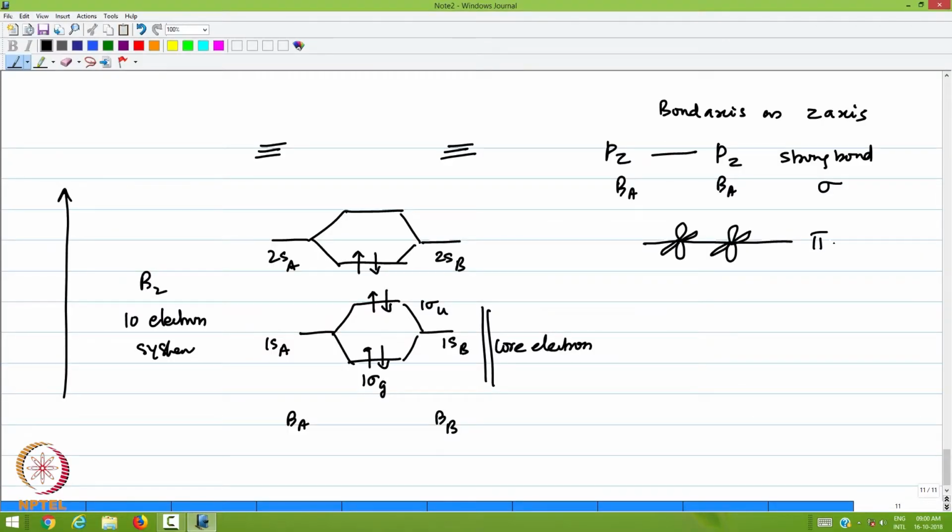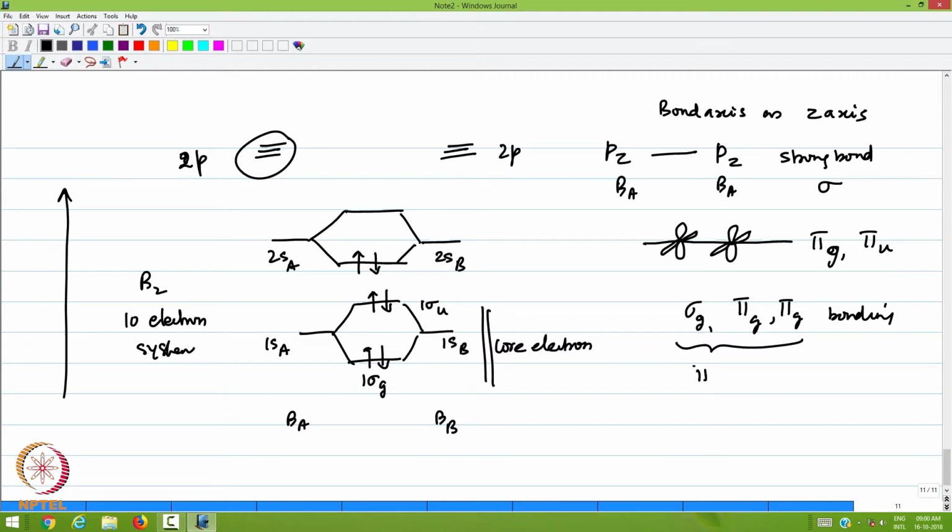Therefore, the 2 p orbitals give rise, for each atom, to 4 pi orbitals, and these are called pi g and pi u again. Okay. When you combine the 3 p orbitals of boron with the 3 p orbitals of boron to form a linear combination and a molecular orbital, you have a sigma g orbital and a pi g orbital, 2 of them. So, these 3 are the bonding orbitals, and then you have pi star g,